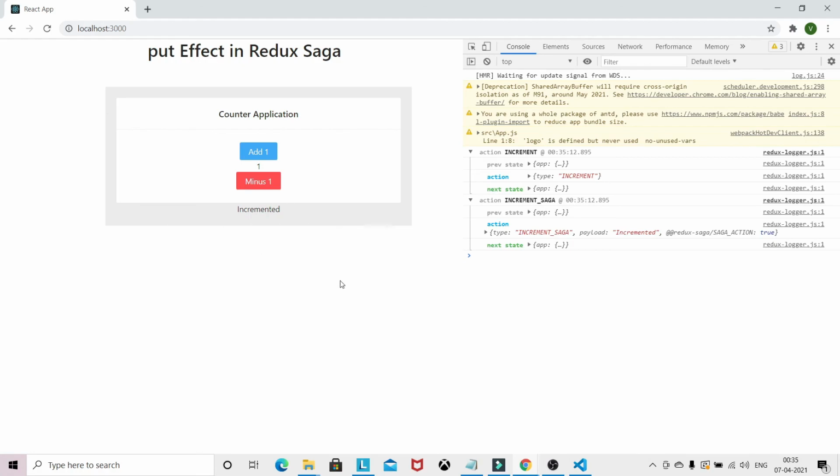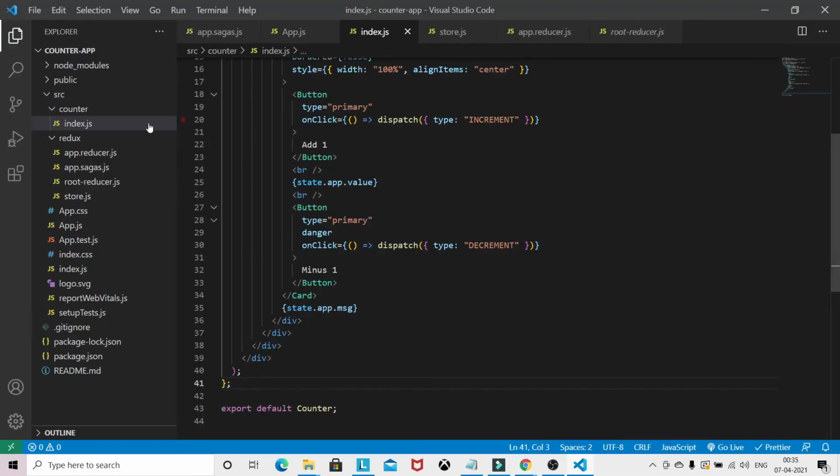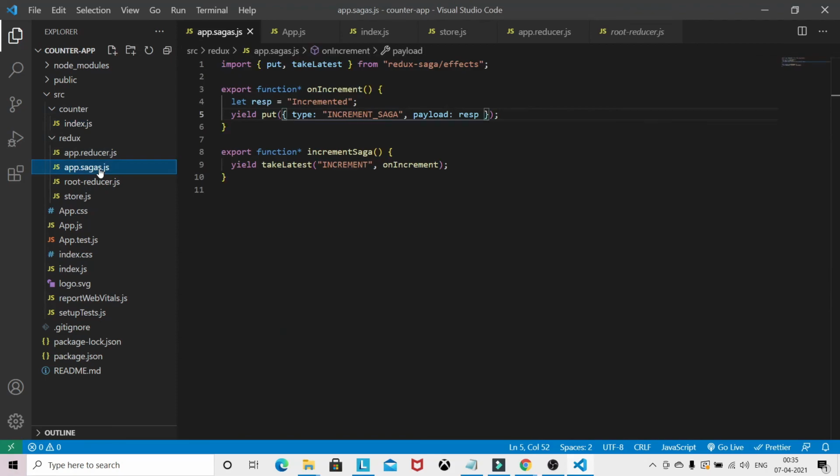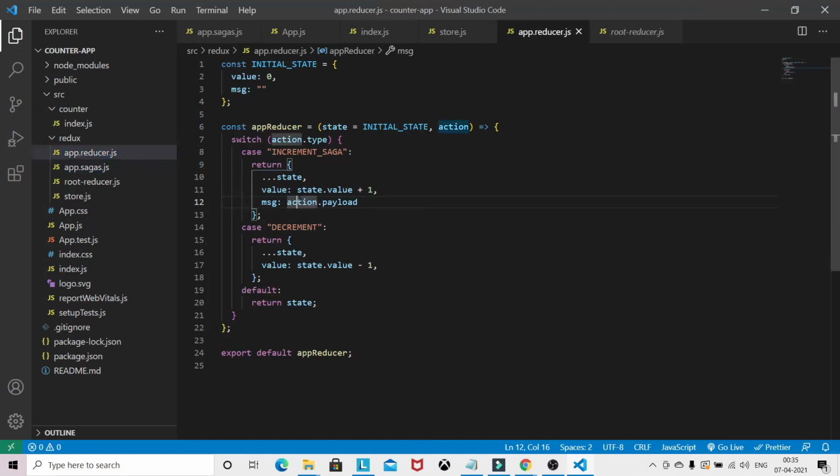This way, if you are interacting with an API and you got the response, you can put the response like this and update the reducer.